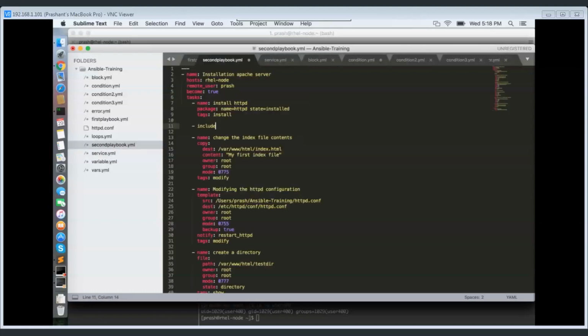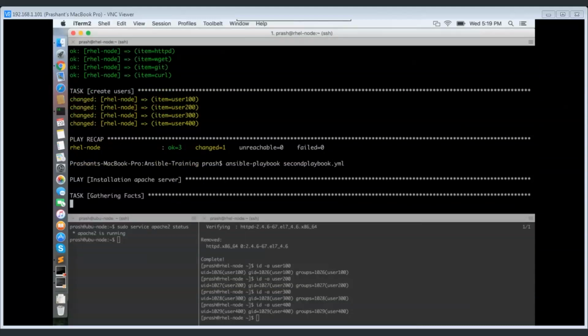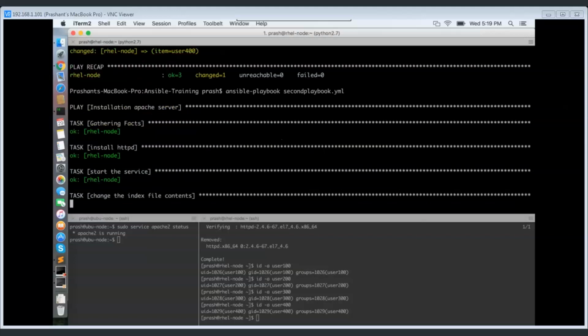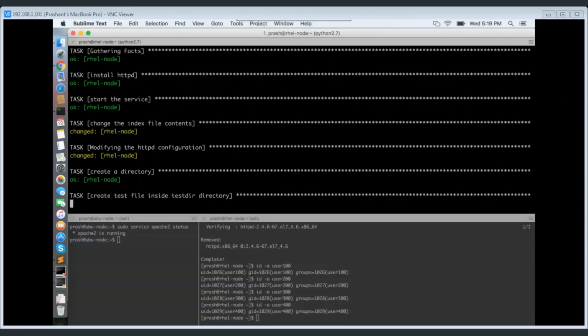Include service not YAML. Let's execute this one. Executed, everything is done. So what I wanted to show you is, this time I have not written the service